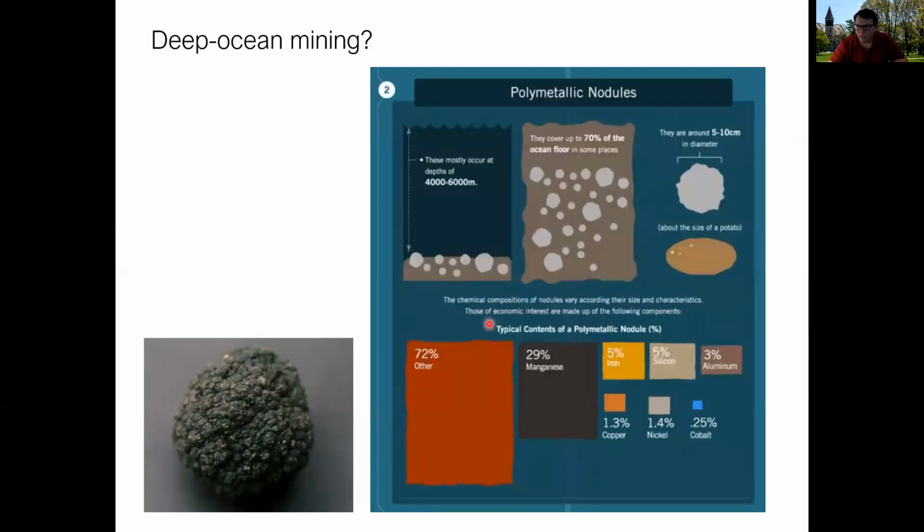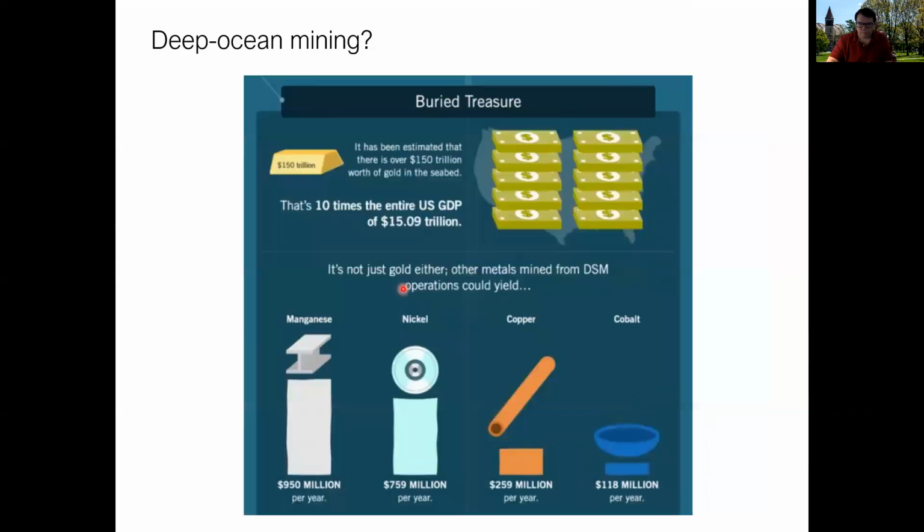So there are efforts to mine these sulfide nodules, as well as these manganese oxide polymetallic nodules, which are manganese, iron, sulfur, and other reduced forms. The seabed is a buried treasure in a lot of ways. It's been estimated that the seabed near these epithermal deposits and black smokers might not just be valuable for rare earth elements, but could be valuable for manganese, nickel, copper, cobalt, maybe even gold.